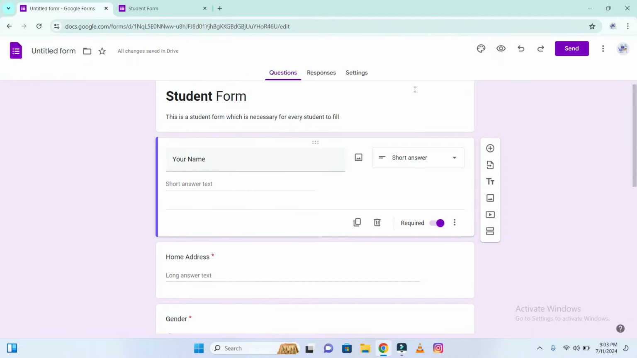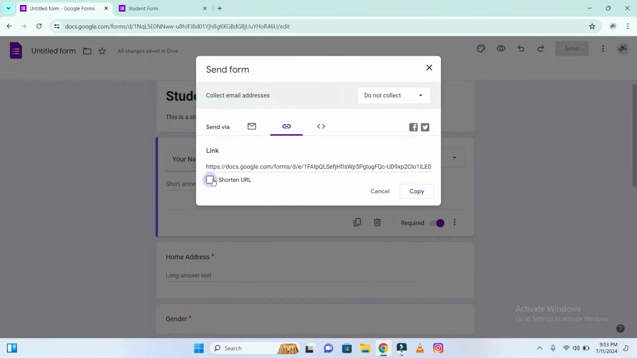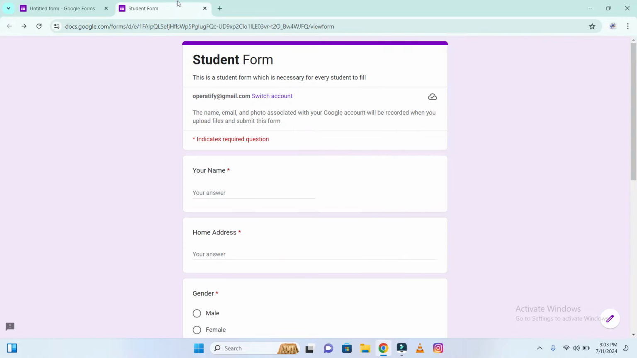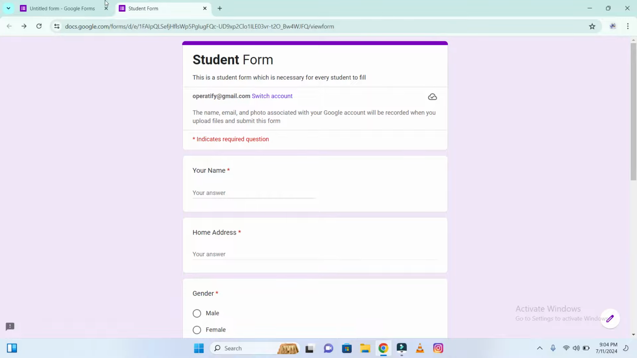Now to send this, you have to just click on send, and here you can send on Facebook, Twitter, or through email, or here you have a link. You have the option to shorten the link, and this is the link. If you send it on your WhatsApp or wherever you want to share it, whenever the user clicks on this, it will redirect your user to this form. And after filling this form,